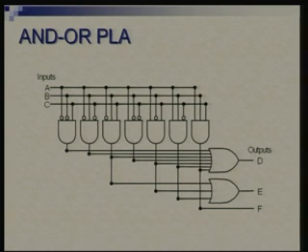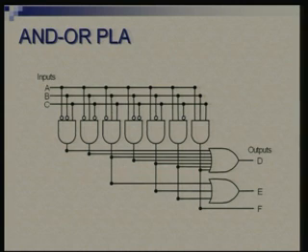So now the connection of each gate to the inputs is what is programmable. If you are talking of M input and N output PLA, then each AND gate will be an M input AND gate. That means you can form an arbitrary product of size up to at most M. Each literal, for example A or A bar, B or B bar, and C or C bar. What you see here is that the leftmost AND gate is forming the product A bar, B bar, C. The next one is A bar, B, C bar, and so on.